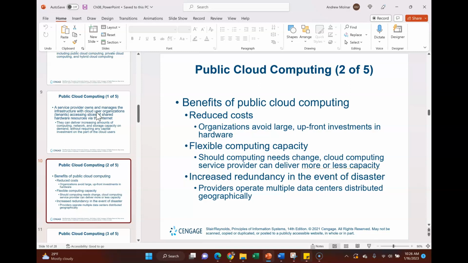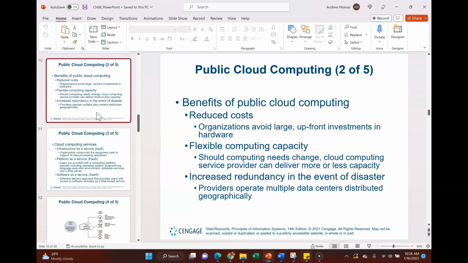It's flexible in its computing capacity. It's scalable. It's elastic. When I say elastic, what I mean is it will automatically expand and contract, so you're only paying for what you're actually using. It'll also provide redundancy for failover and for disaster recovery along the way. Really pretty exciting.